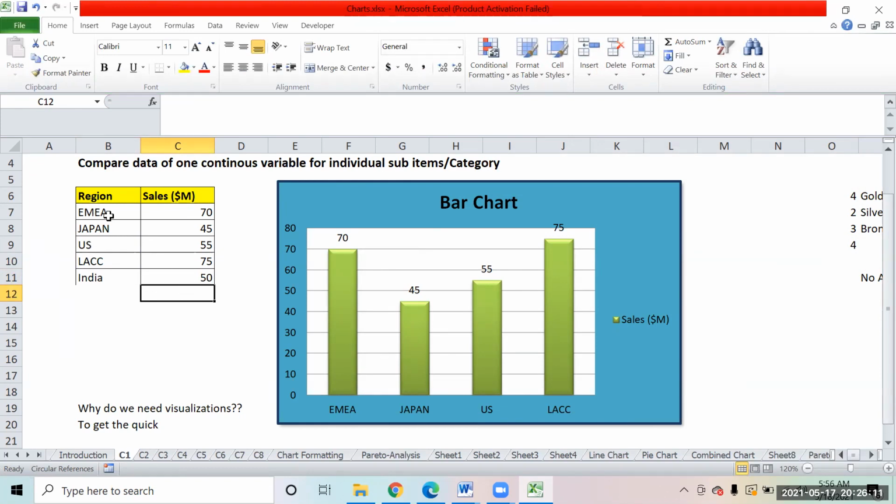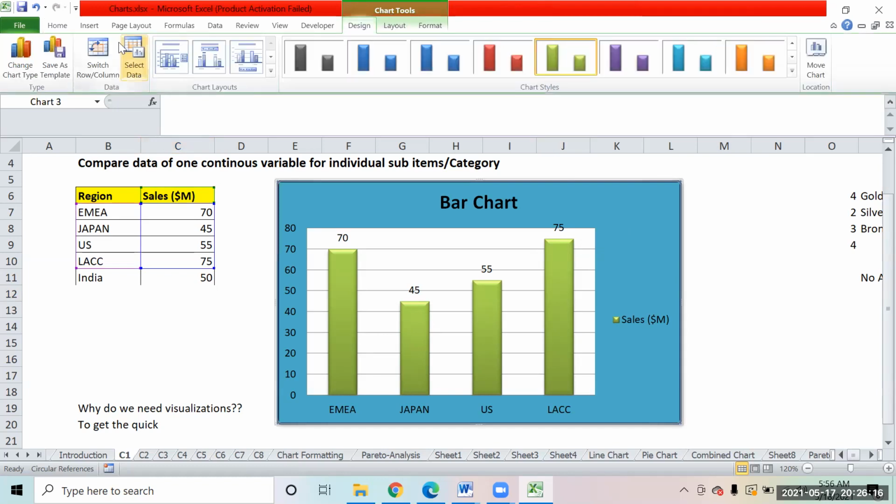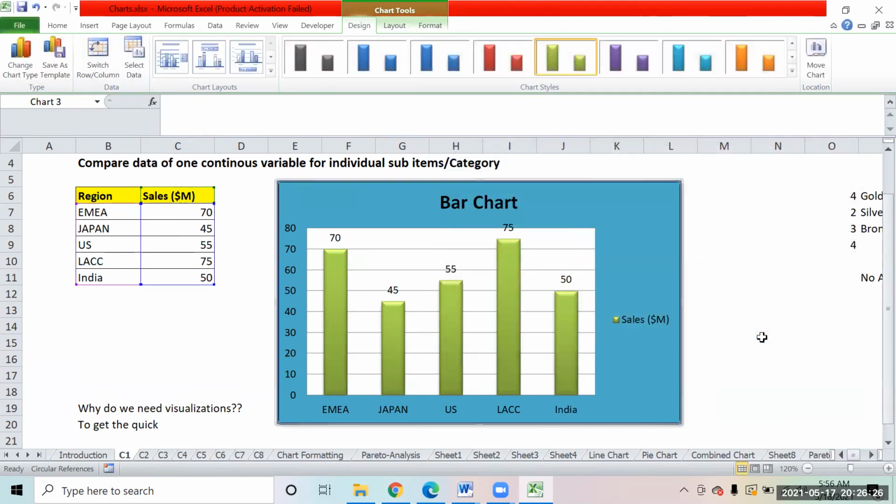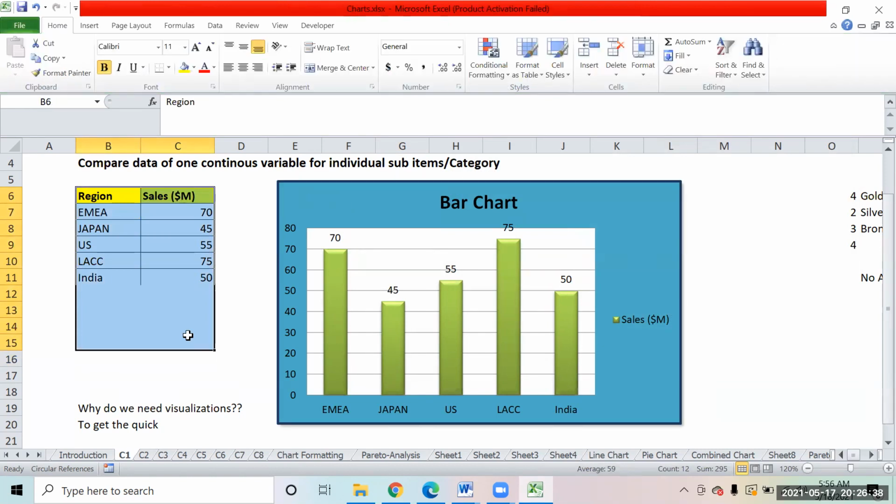If you want to add India also into the chart, what you will have to do is go into the design, select the data, and in this you will say that the data is not up till C10, it is up till C11, right? You will make this change over here. Then the India will come. But yeah, if you create a range by using the offset, that the columns are two, for the rows you can use the count formula, the number of rows you get. So the moment you add new data, automatically a new bar will be taken care of. You will not have to come and manually change the range.